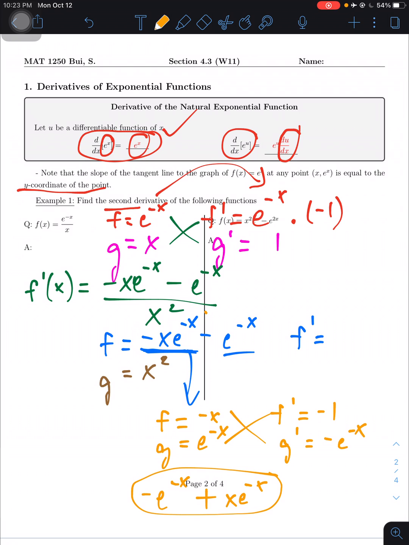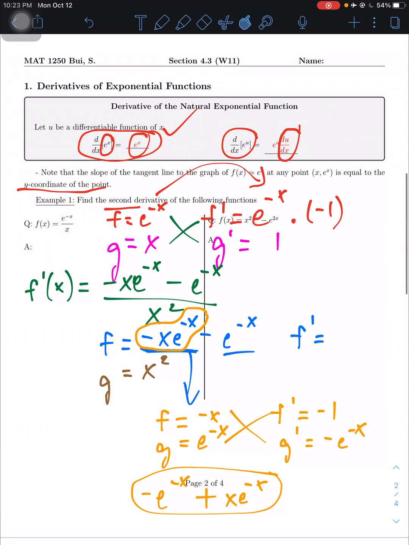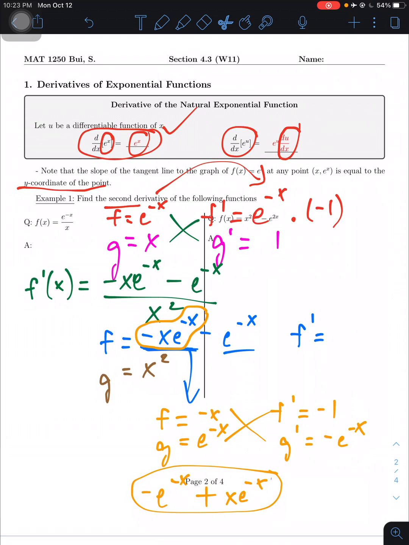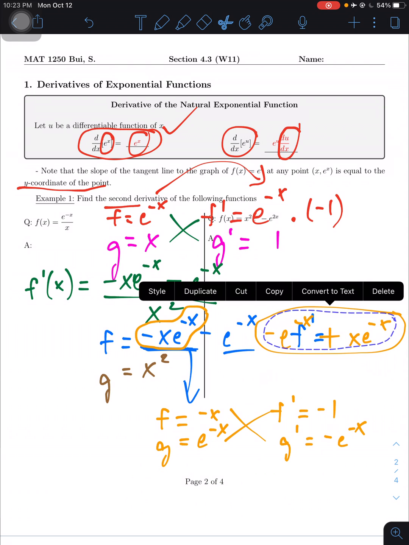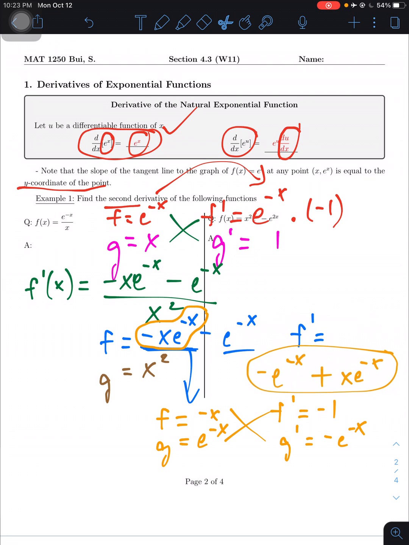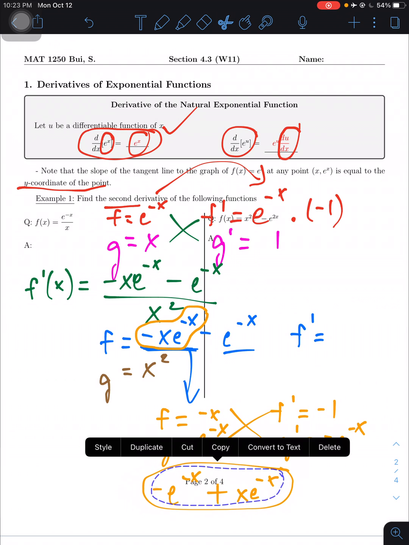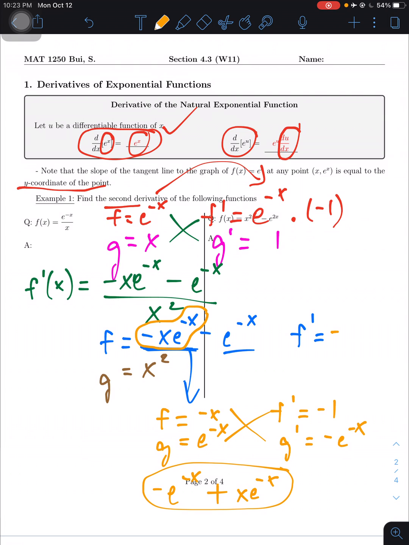Okay, I can do a better circle. Let me just copy and paste this in here. If I can. You know what? Let me just rewrite in here. How about that? So negative e to the negative x, and then plus x e to the negative x. But then on top of that, I still haven't written out the derivative of the second